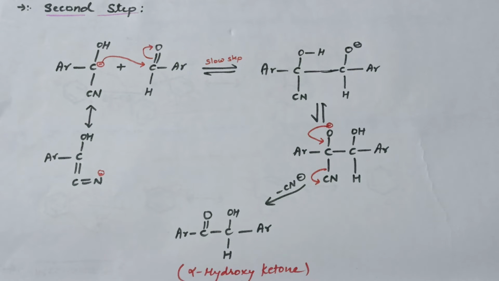Friends, now we are discussing the second step of the benzoin mechanism. In the second step, the carbanion generated in the first step attacks the carbonyl carbon of the second molecule of aldehyde to give cyanohydrin of benzoin. This step is slow and is the rate determining step. This step is an aldol type nucleophilic addition reaction. The aldehyde which undergoes addition with the carbanion is known as the acceptor molecule. There is rapid transfer of proton and rapid loss of cyanide ion in the cyanohydrin of benzoin to give benzoin.